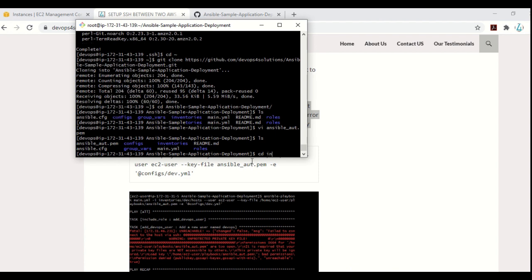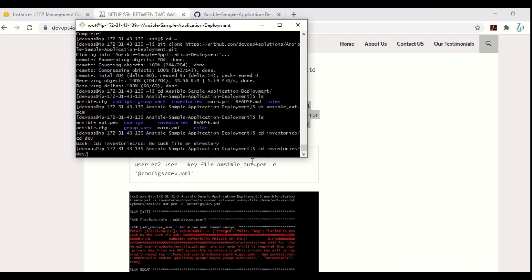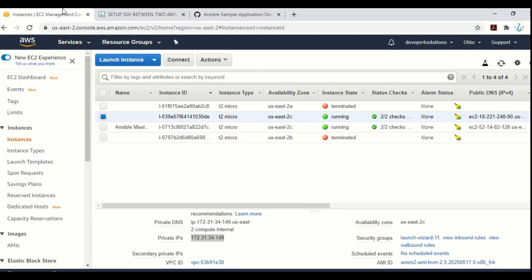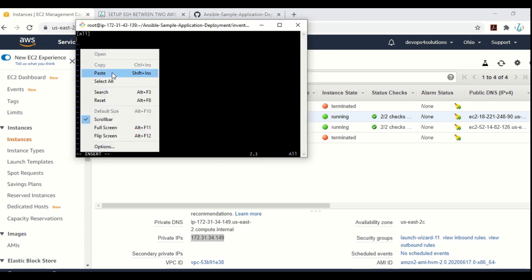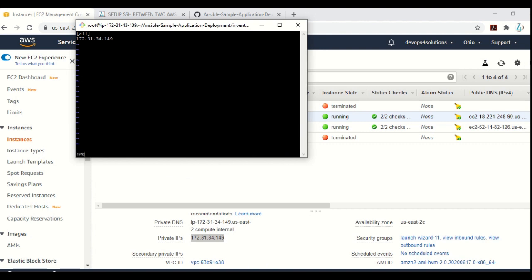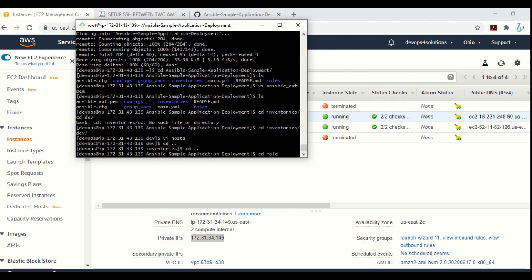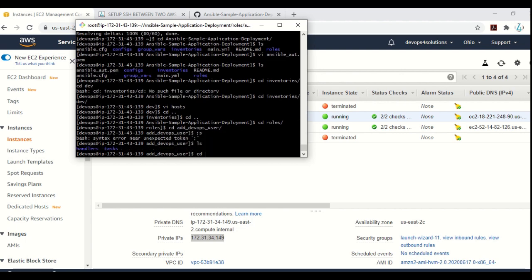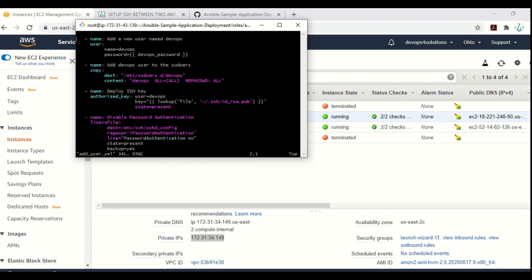So the inventory file, obviously this is the new instance. I need to update the host file because it might have the old IPs. So I'll just use the new IP that I have just created. So I'll update this one. Okay. So I have updated this one. I think there is one more thing that I need to update. Let me just show you. So this is the only thing. Okay, so here it's fine.